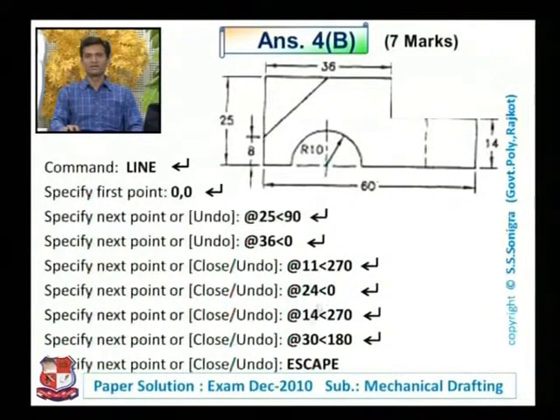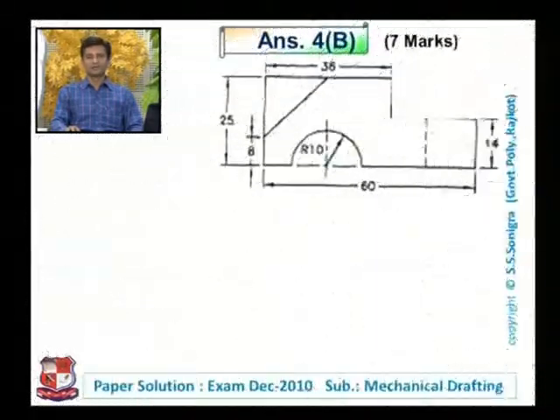Or if we write 30, it will draw the line from this end to this end only, and afterwards we have to erase this line. But if we take 30, it will draw the line from this end to this end, and that is also okay. Now after drawing this box, the next step is to draw the remaining portion. Let me start using another line command to draw this inclined line.